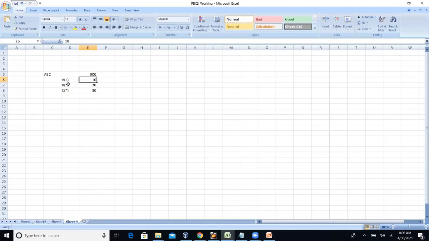If you are using divide by, it will come like this. Okay, these are the common things, and now we'll calculate some percentage amount, how it works.